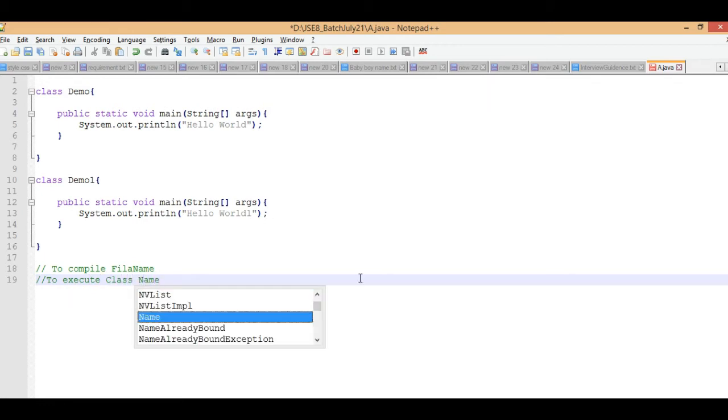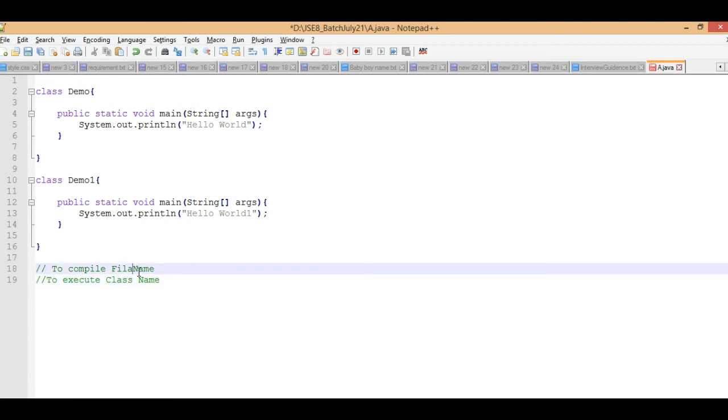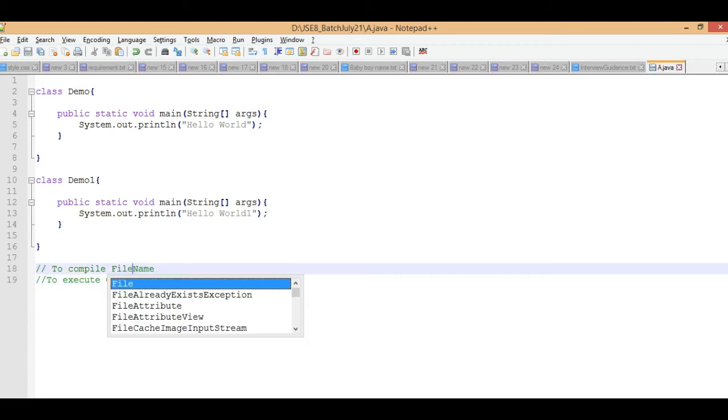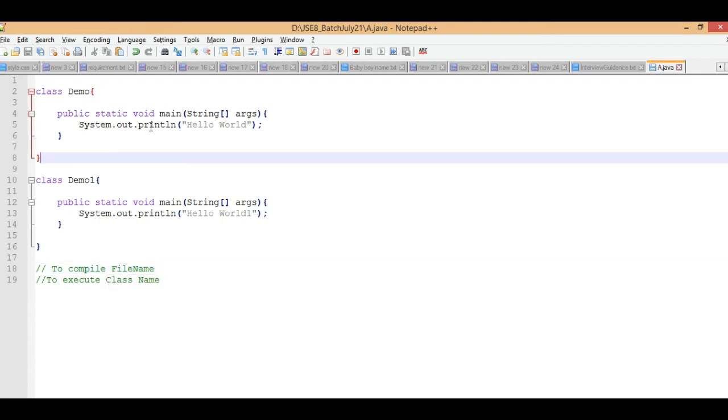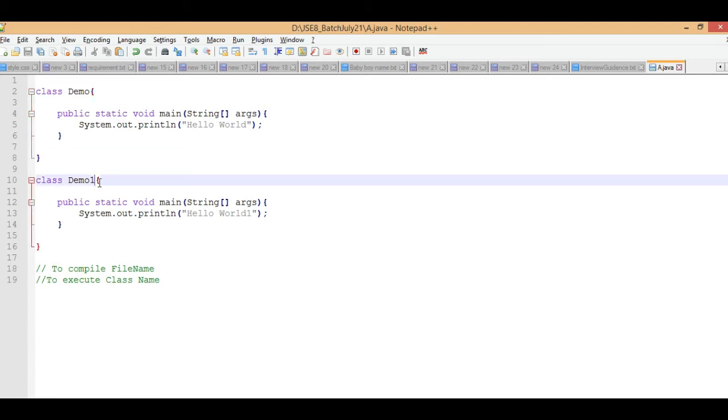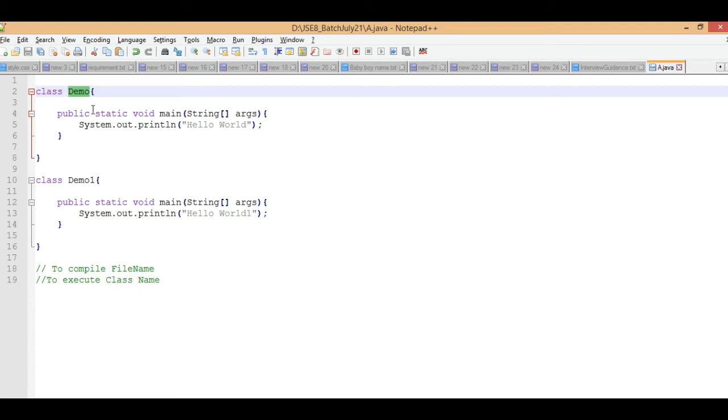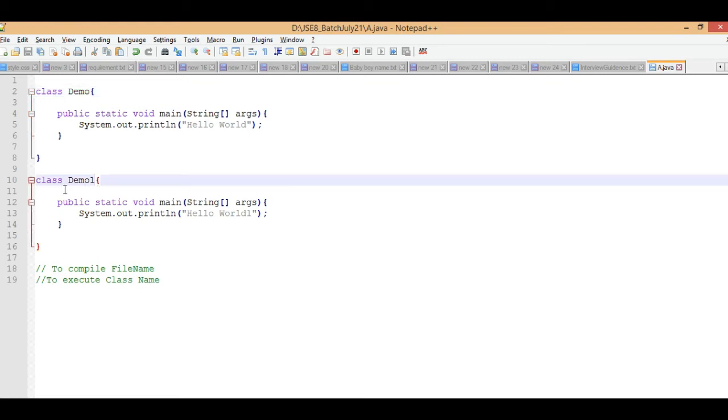So what are the file name and the class name? This is the file name, and after compilation, the compiler will generate class files with the specific class names which we used here. So demo and demo1, these are the two classes which we used. The compiler will generate two classes named demo and demo1.